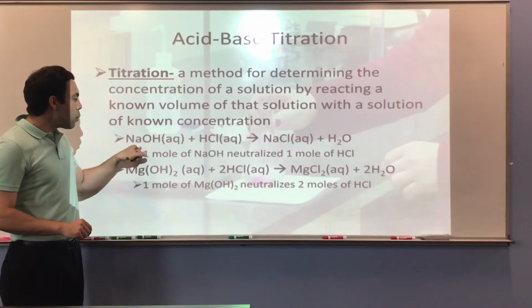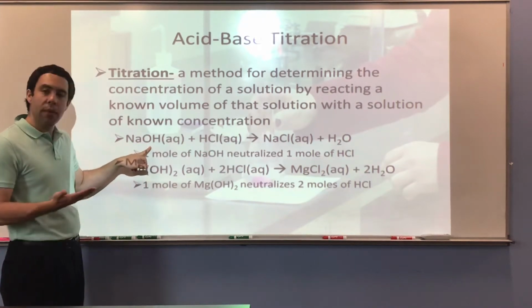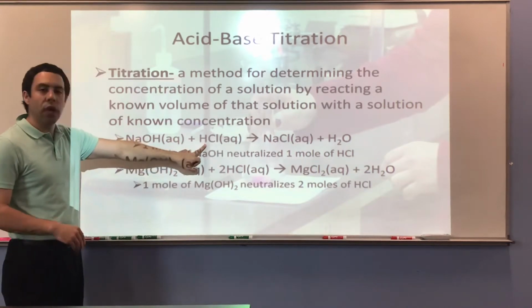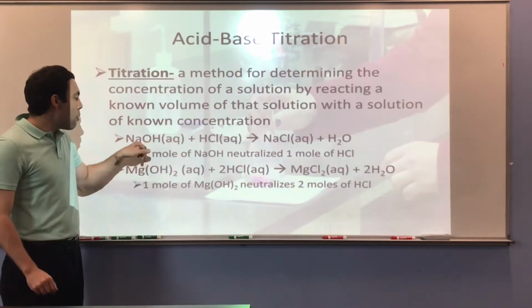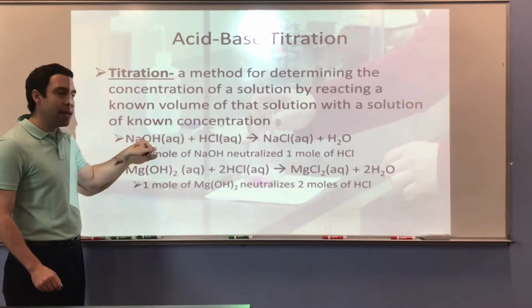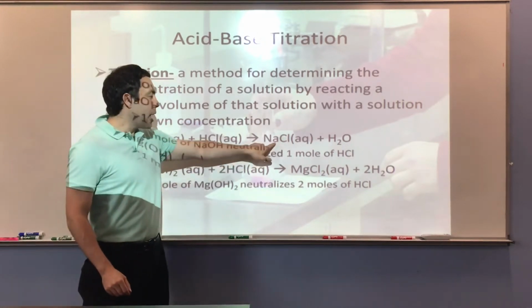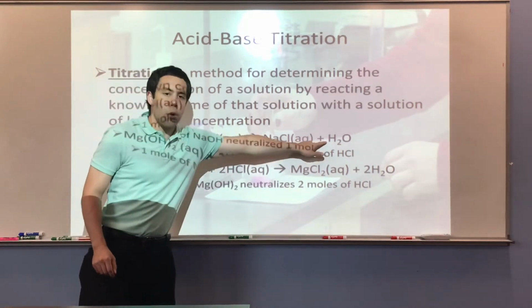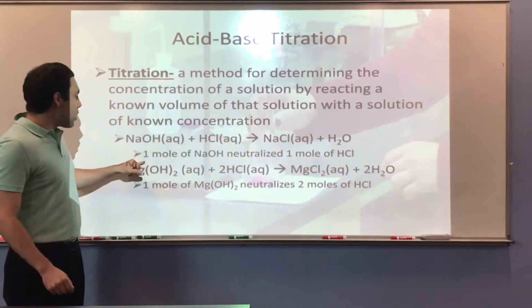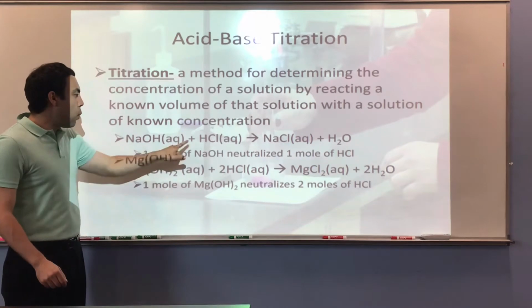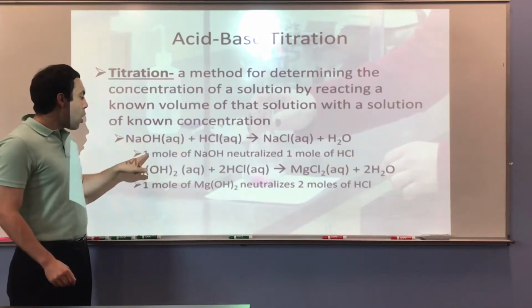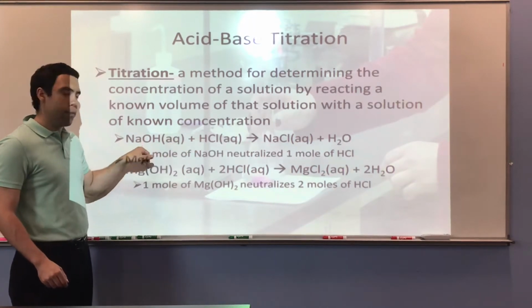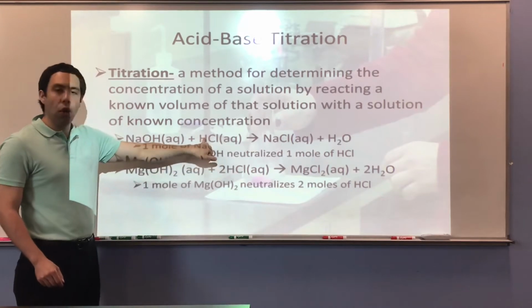So here we have a neutralization reaction. We have sodium hydroxide, a base, plus hydrochloric acid, an acid. Remember, when we react an acid with a base, we get a salt as a product, in this case sodium chloride, and a water molecule. Here it's telling us that since it's a 1-to-1 ratio, 1 mole of sodium hydroxide would neutralize 1 mole of